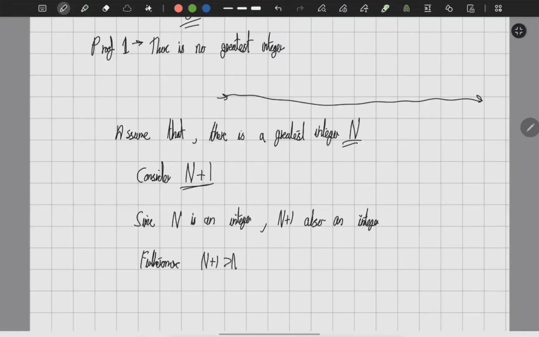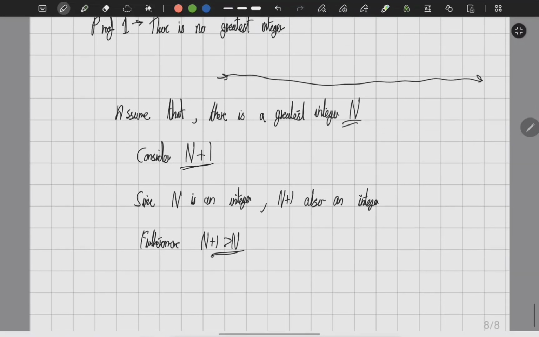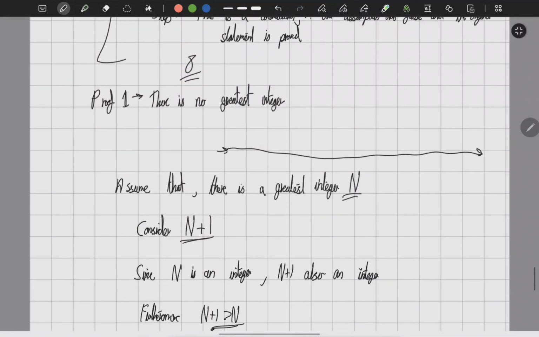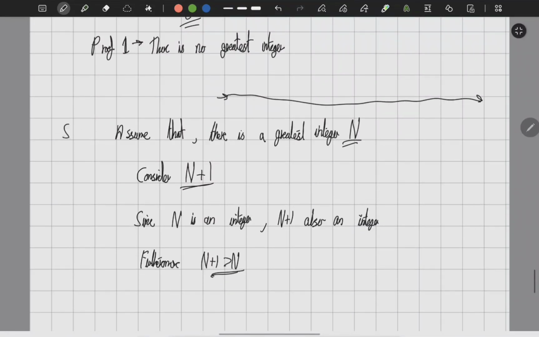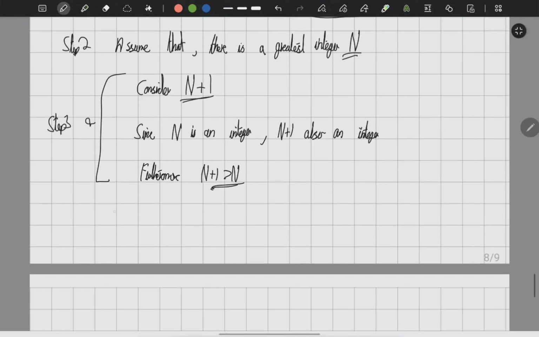And here you can see we have a contradiction, because if n plus 1 is more than n, and we said that n is our greatest integer, then the two of those can't be true at the same time. So this was our step 2, our assumption. This part is our step 3. And then step 4